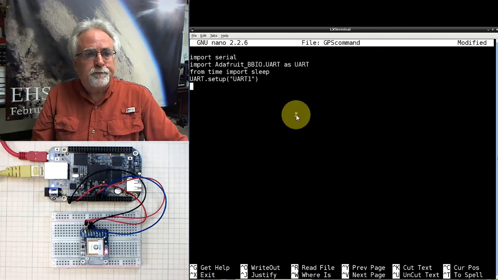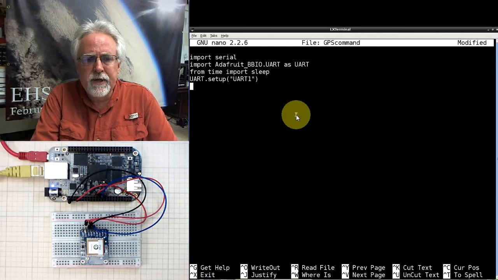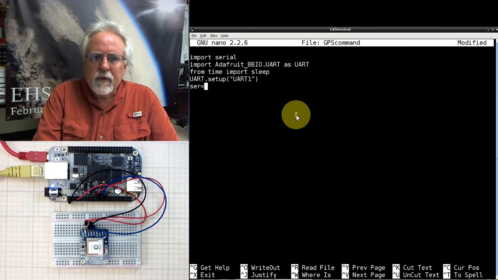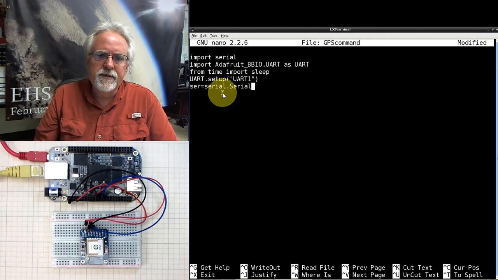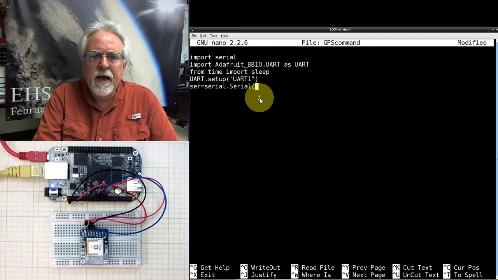We got to set up the serial port over on the Beaglebone Black. So we will create a serial object that we're going to call SER for serial. And that's going to be equal to serial.Serial. Now look at this. Small s on the first serial, large S on the second serial. Now we have to tell it where it is. It is in single quotes